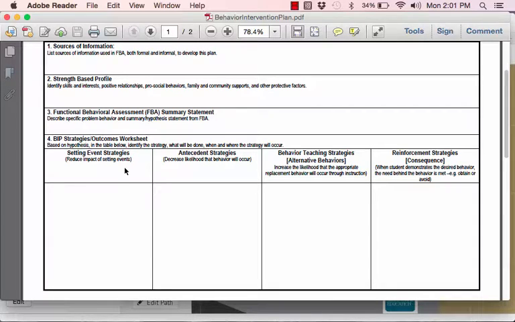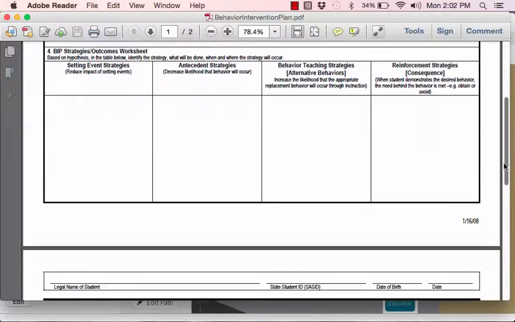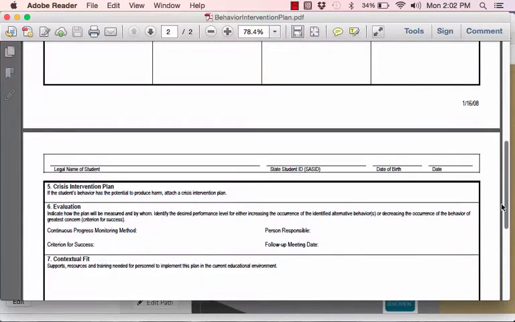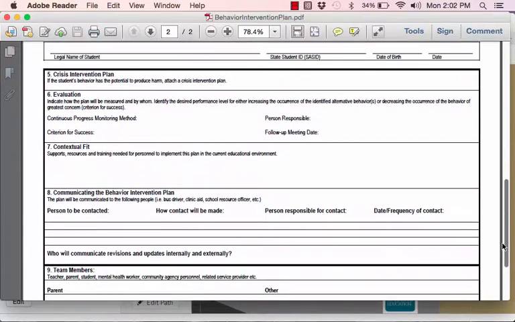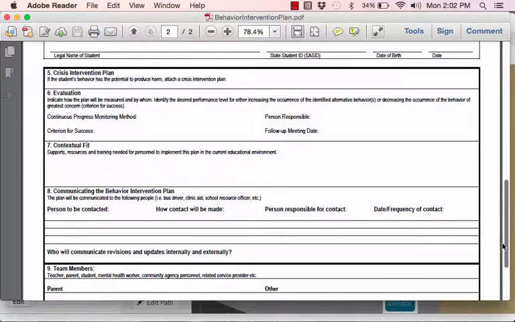Then it requires us to list the setting event strategies, the antecedent control strategies, and the teaching strategies that we'll be using in order to give rise to alternative behaviors of functionally equivalent replacement behaviors, and then reinforcement strategies for appropriate forms of behavior. This plan will also require us to outline what our crisis intervention strategy is,